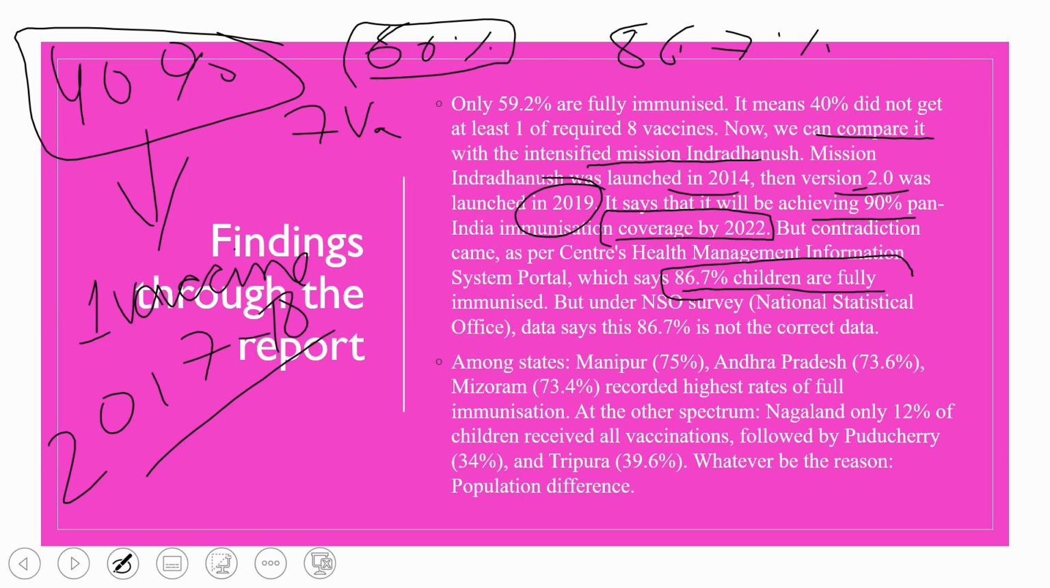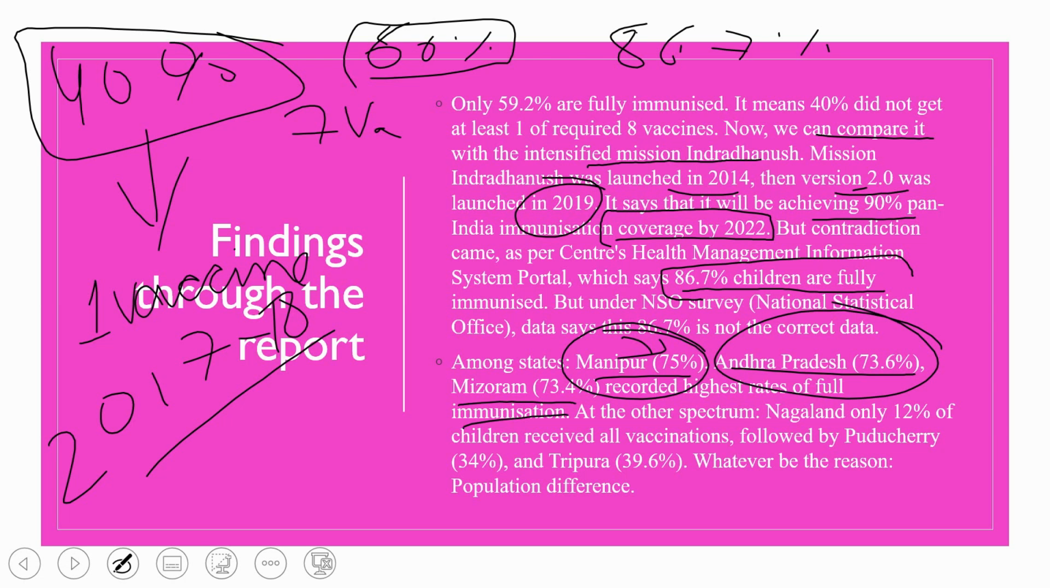Okay, now among the states, if we see state wise, then Manipur has 75%, Andhra Pradesh has 73.6% fully immunized, and Mizoram has 73.4%, recording the highest rates of full immunization. So I am giving it population wise. So just don't see it as population, like Manipur has less population than Andhra Pradesh, then Mizoram has less population than Bihar and all. Just see the data, where 75% of the children present in that